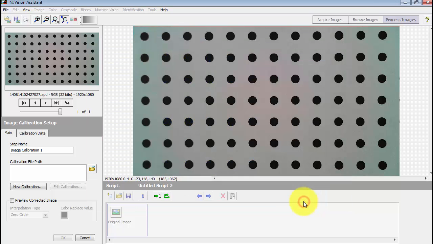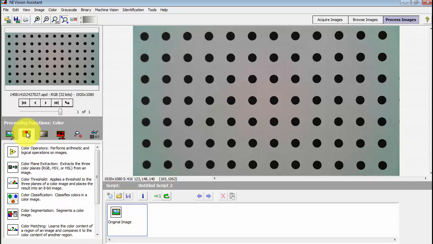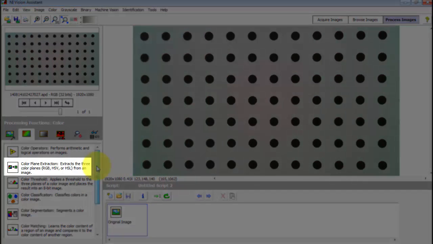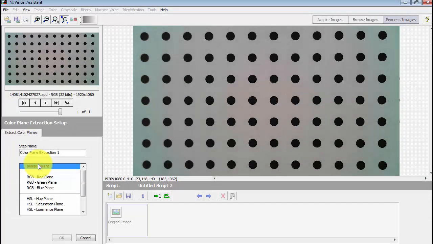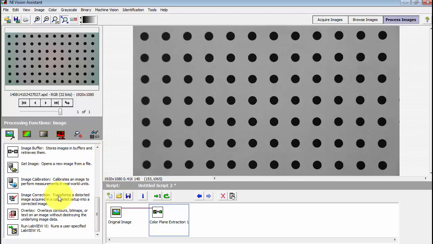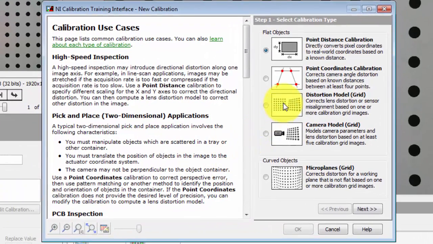I'm going to cancel out of this step and then cancel one more time and look for the color plane extraction step located right here. Select that step and extract the luminance plane. Now we see that the image has gone to grayscale form. Now I can go back and find image calibration. Again, New Calibration. Selecting the distortion model,